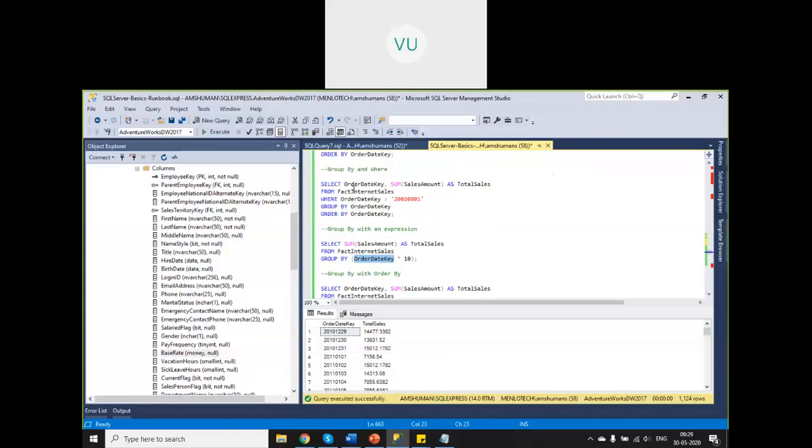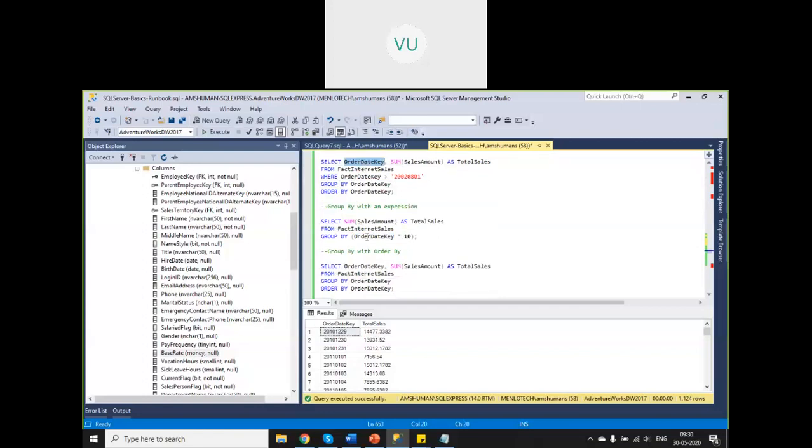One more thing is in your select statement, it is not always mandatory that the column on which you are grouping by has to be part of your selected columns. It need not be. So here, I am grouping by a particular column and applying some computation on it. But what I am selecting is an aggregation of some other column. That is absolutely fine, no problem. But if another column is there apart from the group by columns, it has to be an aggregation. It can't be left as it is, because the SQL engine will get confused, right?